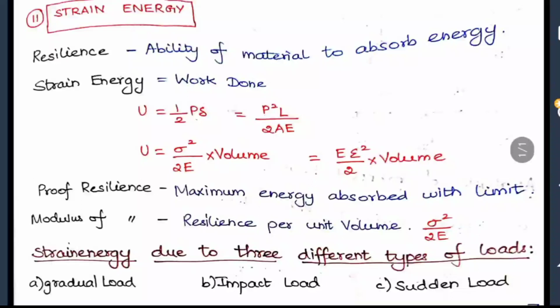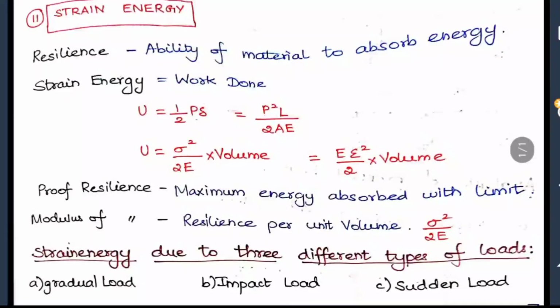Okay, next, strain energy will be equal to the work done, so it is always expressed as half into P into del. Half P is the load and del is the deflection. Deflection we already know, it is PL by AE, so they have substituted that here. So I'll get the formula as P square L by 2AE. If you multiply by area in the numerator and denominator, the formula will be P square AL by 2 A square E. P square by A square they have taken as sigma square in the next step, and A into L will give you volume. So it can be expressed like this also: sigma square by 2E into volume.